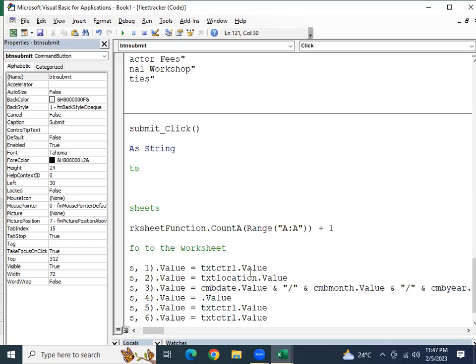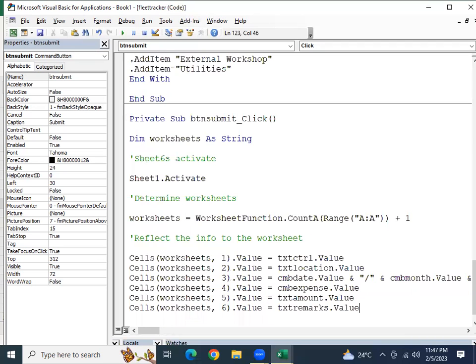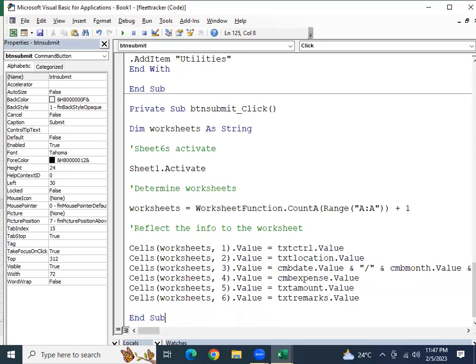All right. Then the next one is again CMB expense, you know, the expense type. CMB expense dot value. Then text amount dot value. Last but not the least, another text box, text remarks dot value. Okay, I think that is okay for our